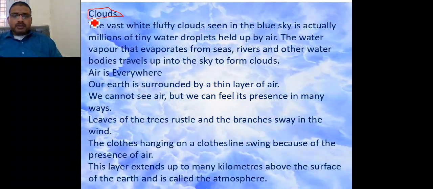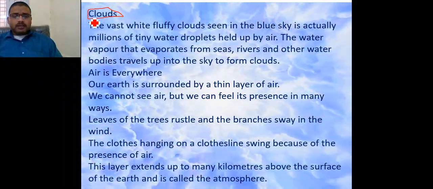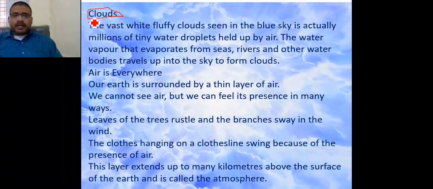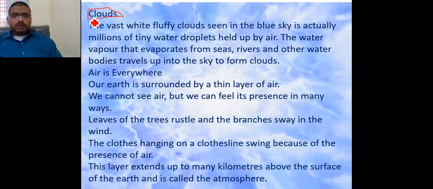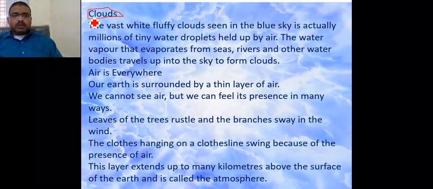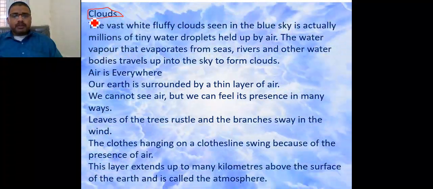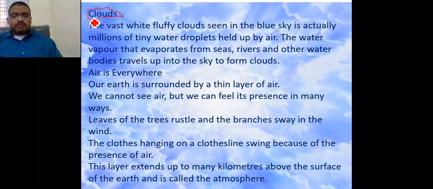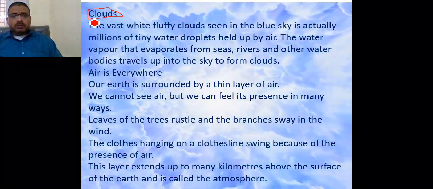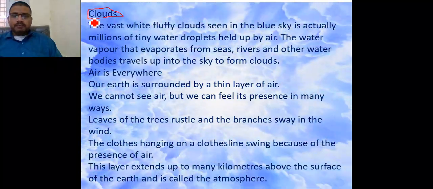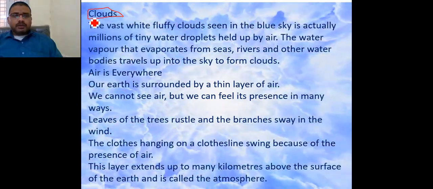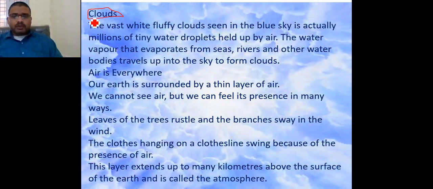Since it is a gas, and due to this gas it is very light, that's why it goes upward. Whenever it reaches the low temperature, the mixture of vapors and dust particles gets condensed, and due to that condensation they form ice crystals. Because of those ice crystals, they form clouds. In this way the clouds are formed.